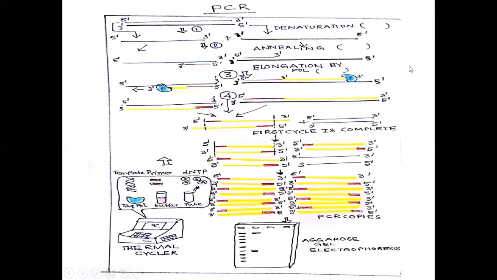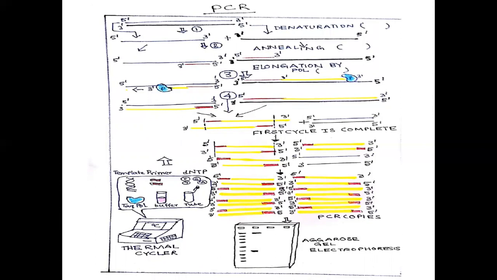Now coming to another very common molecular biology technique for amplification of target sequences of DNA. Suppose within a long double-stranded DNA, you want to amplify a target portion within a particular region. That target portion is called an amplicon. So for this, you have to selectively replicate that targeted region.